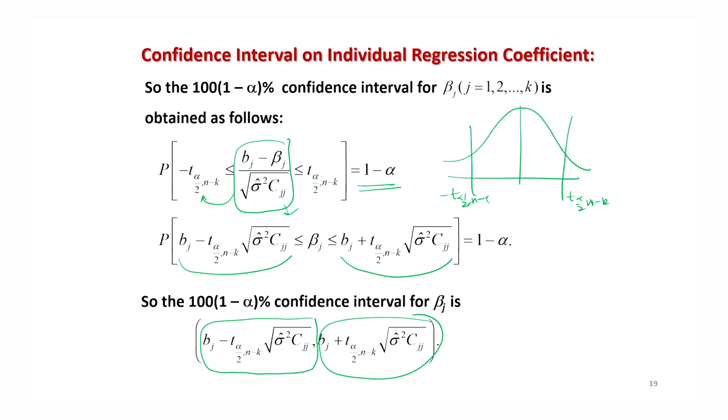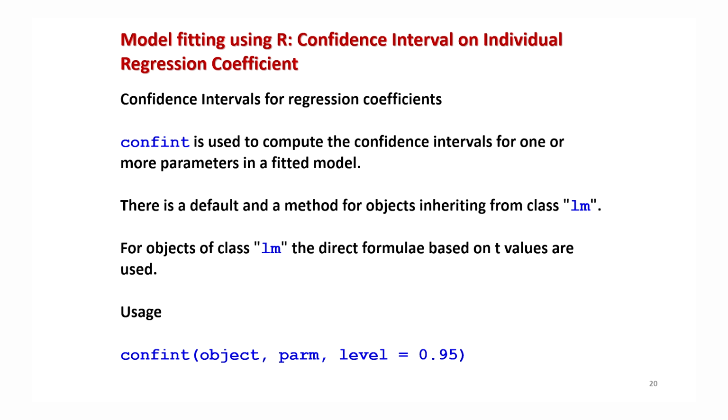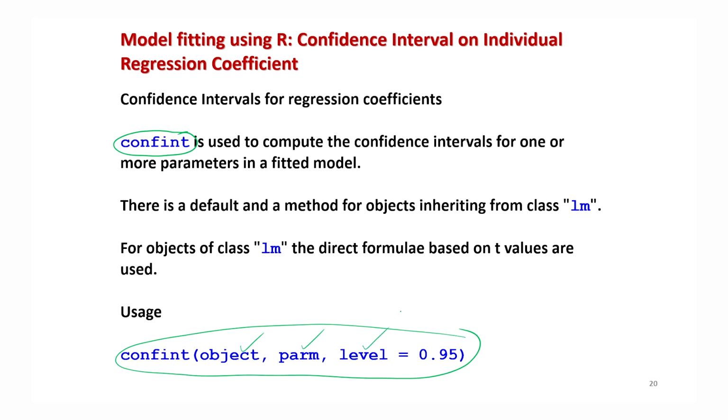But anyway, software will give us this information, but it is important for you to understand what the software is trying to give us. So in our software, the command is confint, CONFINT, to obtain the confidence interval of the regression coefficients when we have more than one variable in the model, right. And there are different choices of parameters which have to be mentioned inside the parenthesis, but we are going to use here only a couple of them, like object, parm, and then the level, given as the confidence level, that is 1 minus alpha.